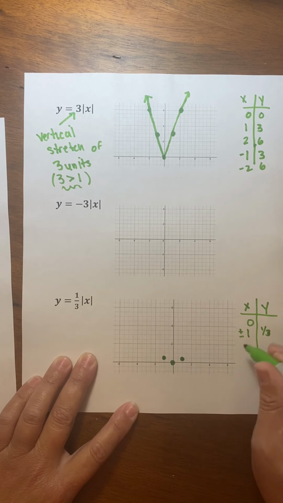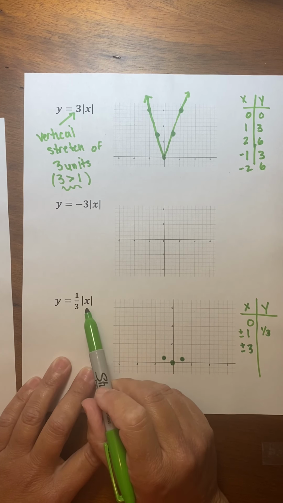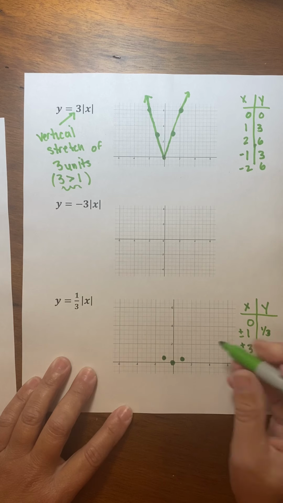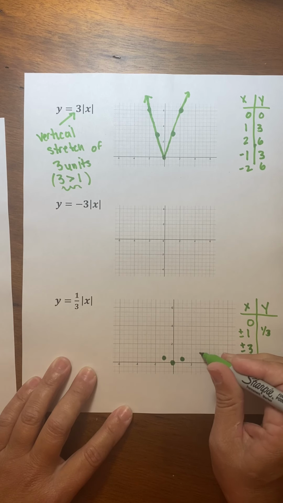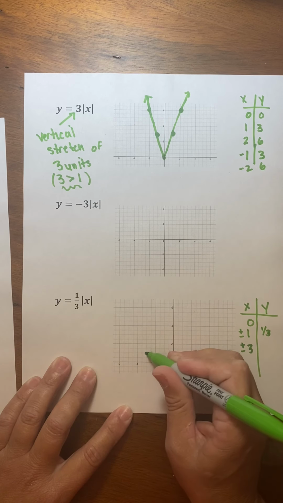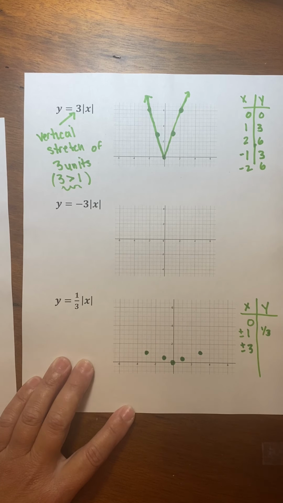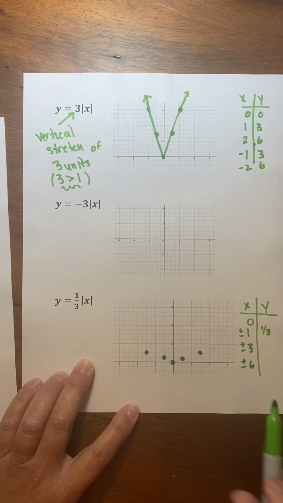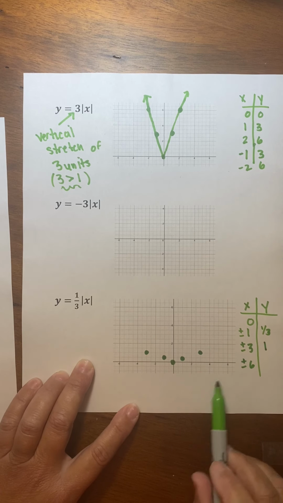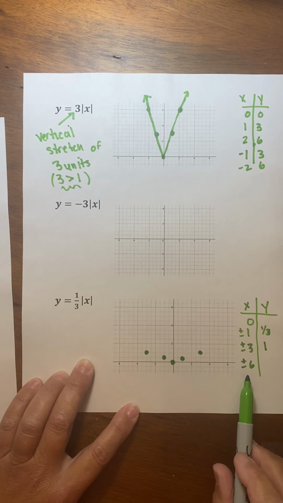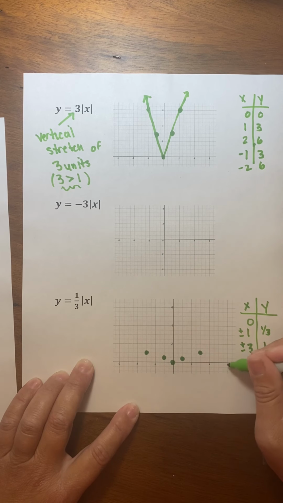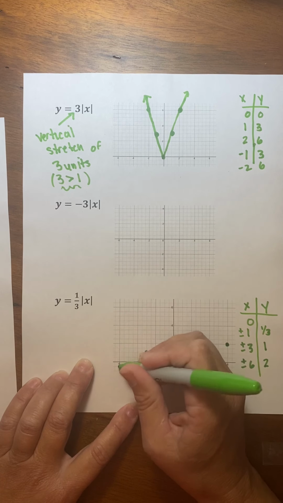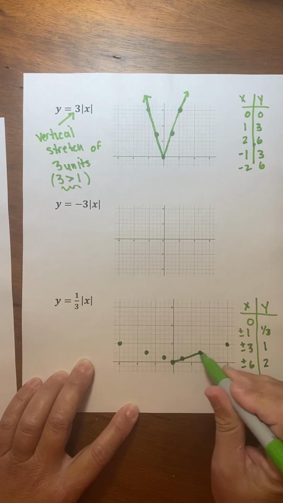If I do positive or -3 for simplicity, the absolute value of positive or -3 is 3, times 1/3 is going to be 1. So we're going to have to go all the way out to 3 before we get up 1 unit. Right, so I can start seeing this V shape. I'm going to do 6, again for simplicity, because I like taking 1/3 of 6. 6 is a multiple of 3. The absolute value of 6, positive or -6, is 6, times 1/3 would be 2. So we're going to have to go all the way out to 6 to get up to 2, or out to -6. So we still have this V shape,